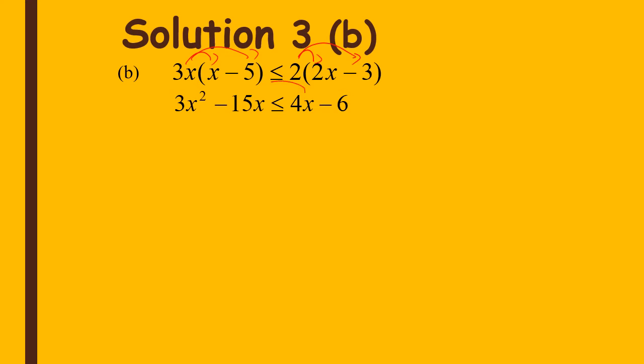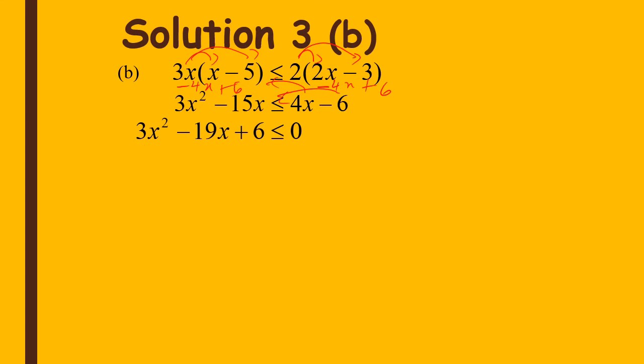So everything should be moved to the left side, or we just eliminate 4x and plus 6. So how to eliminate this side? So we minus 4x plus 6. For this side also we should do that, minus 4x plus 6. So what we should get? It will be 3x squared minus 4x minus 15x will be minus 19x and then plus 6 less than or